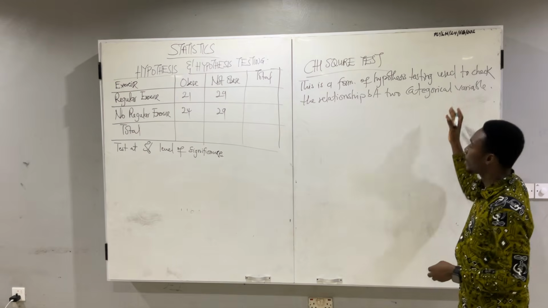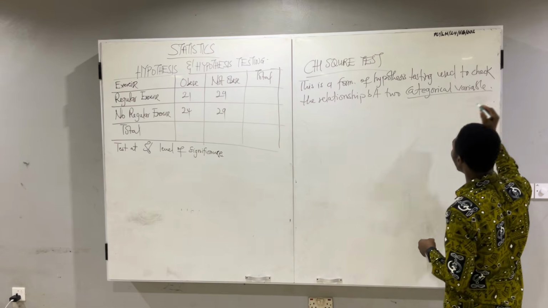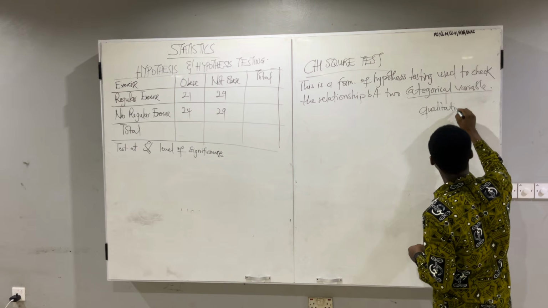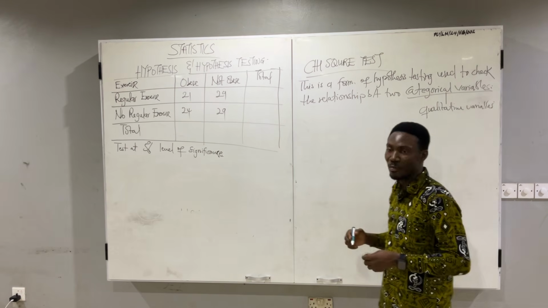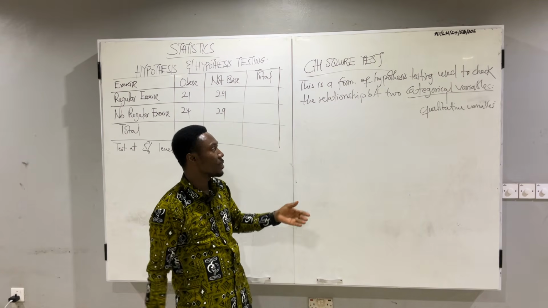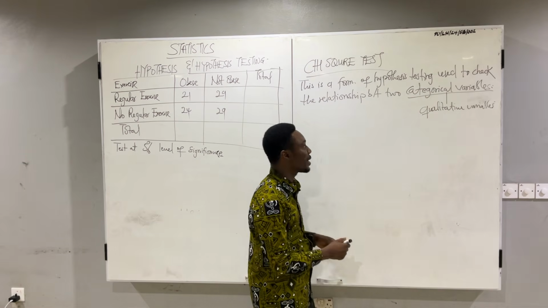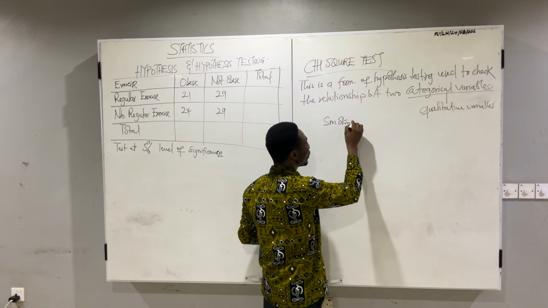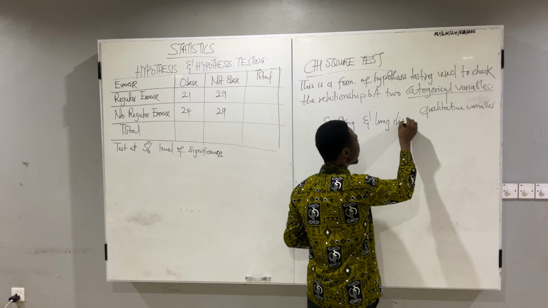Okay, so we use chi-square test to actually check the relationship between two categories. The underlined word over here is categorical variables or qualitative variables. So if you want to do a statistical test to measure the relationship between two categorical variables, so for example, if you have smoking and lung disease,